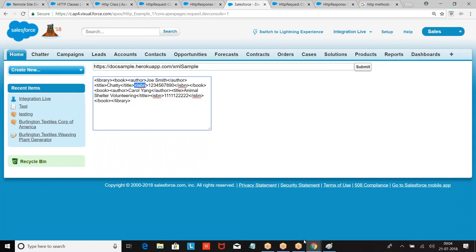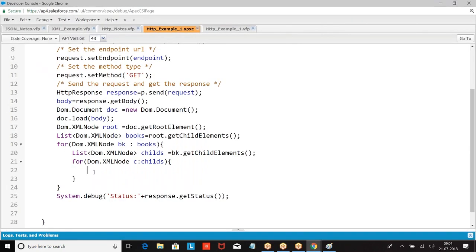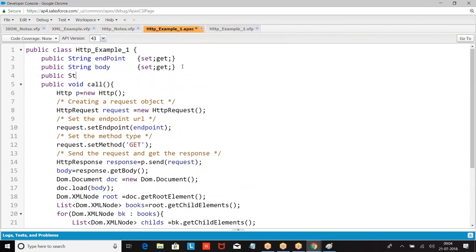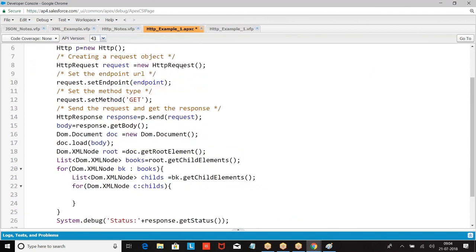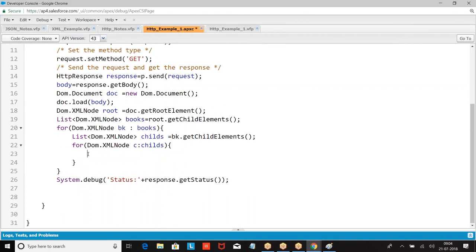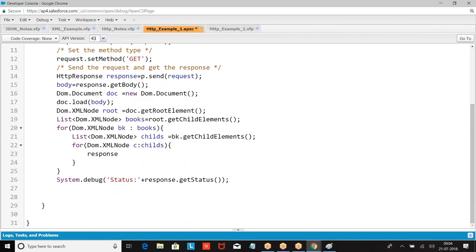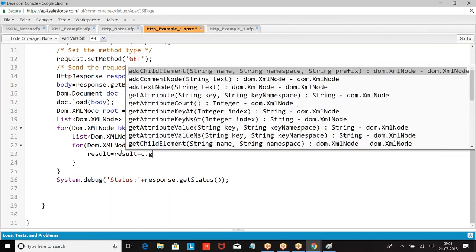So first we are supposed to create a custom object. Before I do that, I'll give one quick response call here. Public string. Now what we do here, not response, it should be result. We already used a response variable. Result equal to result plus, then we are supposed to get c dot get